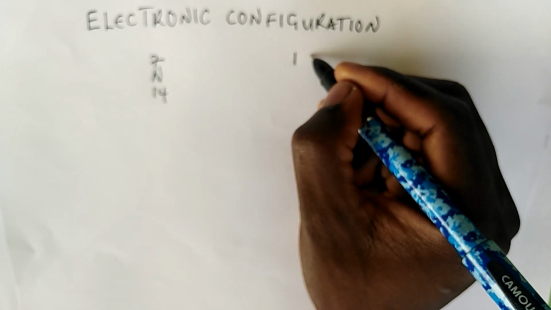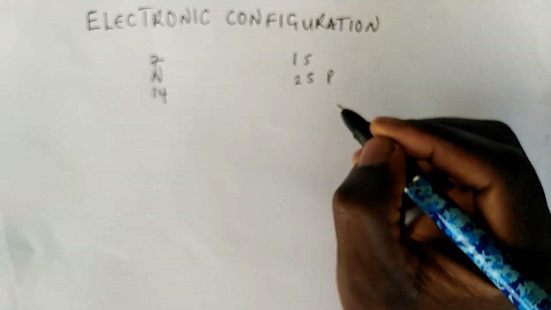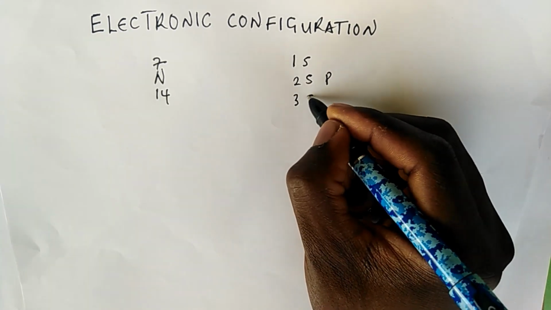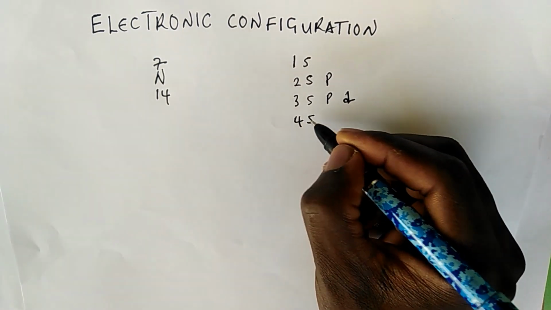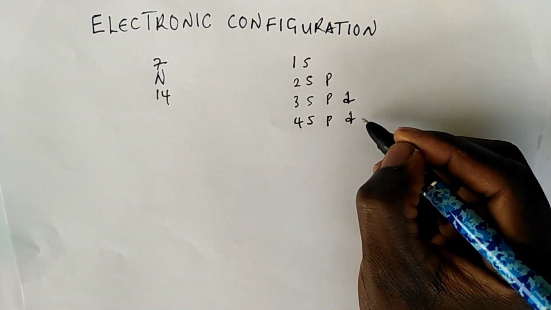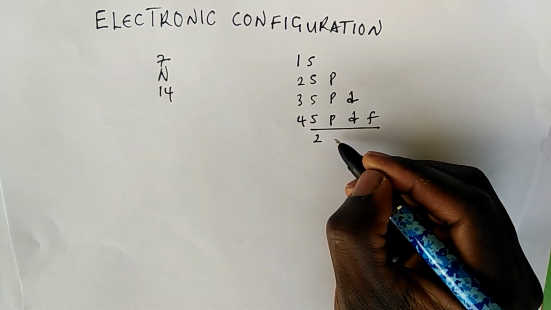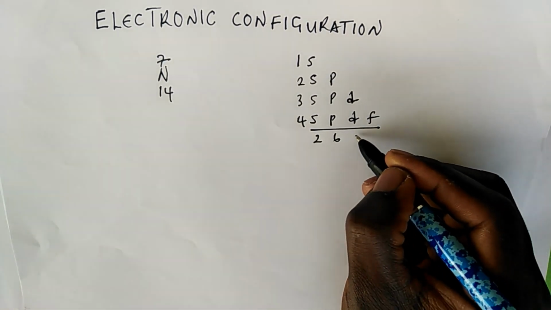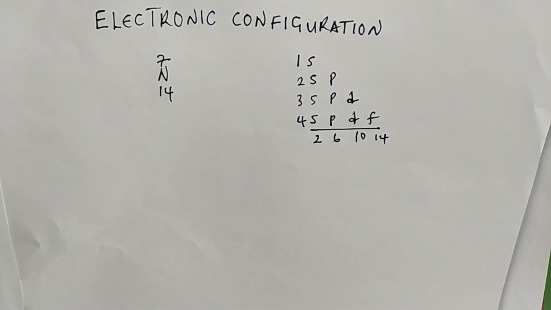The first energy level has s, the second energy level has s and p, the third energy level has s, p, and d. The fourth energy level has s, p, d, and f. Now, s can carry 2 electrons, p can carry 6 electrons, d can carry 10, f can carry 14. Now, to write the electronic configuration of nitrogen, because it is at its ground state, and we're using the atomic number,